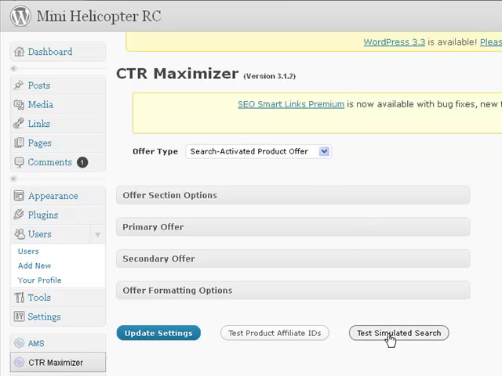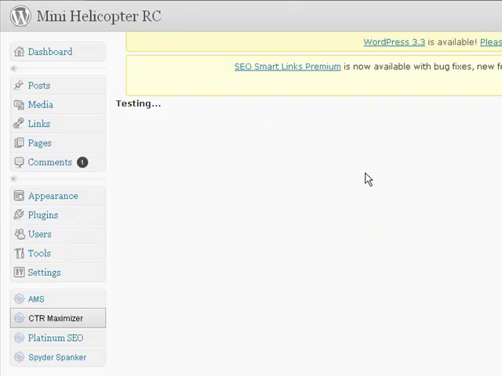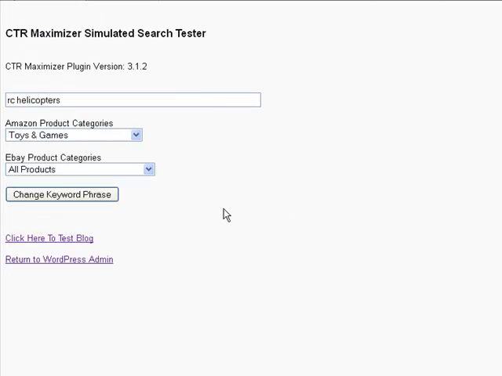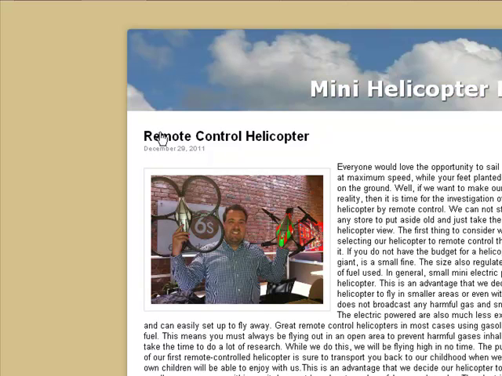Okay, and just to show you an example real quick of what it looks like, I'm going to go ahead and test a simulated search. And I'll just show you briefly what that does to the page. Okay, so what I'm doing here is I am assuming that the user that lands on my site has come through a search engine using the keyword RC helicopters. Okay, because that's what my site is about. So we'll just say the keyword that they found my site with was RC helicopters, and I'll leave this the same, and I'm going to click here to test the blog. And what happens when they come to my site